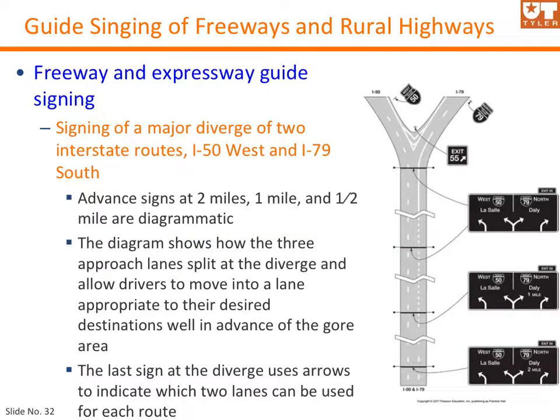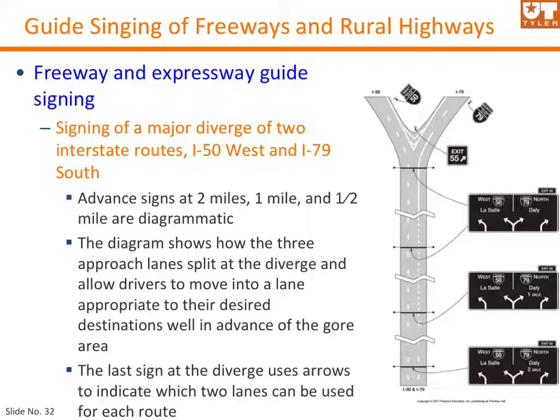Another example here is when we see a fork like this. So the signing for a major diverge of 2 interstate routes. This example is I-50 west and I-79 south. So we've got to have a good amount of advanced signing. The first one would be the advanced sign here. This has to be placed 2 miles away, and then we're going to have another one at 1 mile away, and then half a mile away,